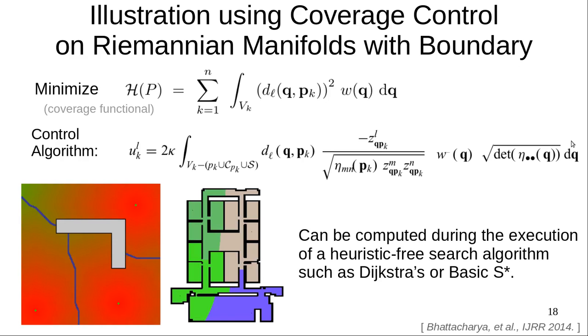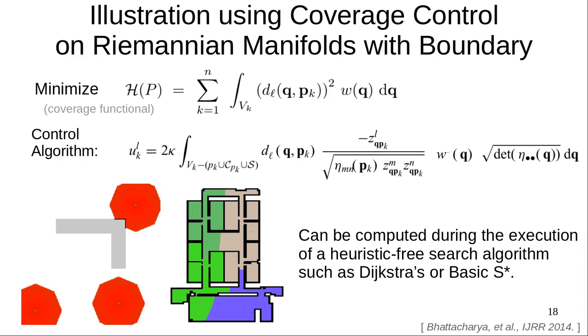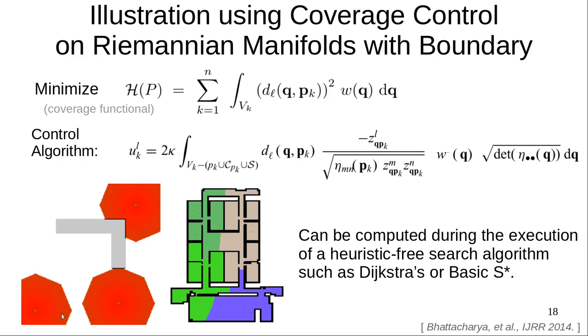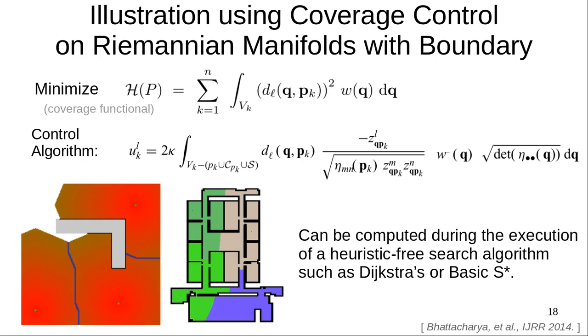Now this integral, the control algorithm, may look once again too complex at first glance, but it turns out that it can be computed quite well while performing a search-based algorithm like Dijkstra or basic A star. The intuition is that if you think of multiple robots distributed in a domain, say these three robots marked in green, you can run this Dijkstra kind of search. This is a heuristic-free search, so it can be Dijkstra or basic A star, where we expand wavefronts starting from these